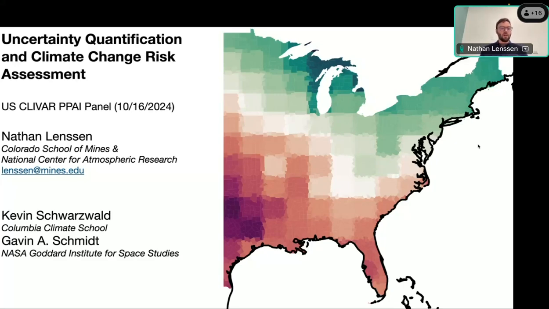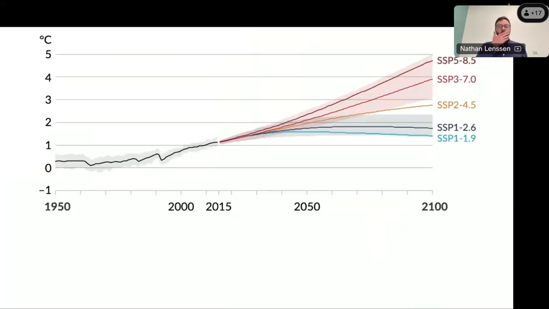Today I'll be talking primarily about a paper that was led and conceived by Kevin Schwarzwald. He's now a postdoc at the Columbia Climate School, continuing this work, as well as some recent work published with colleagues at NASA GISS, including Gavin Schmidt. And to start, in grounding in IPCC AR6 figure 0, this is a lot of the thinking that I